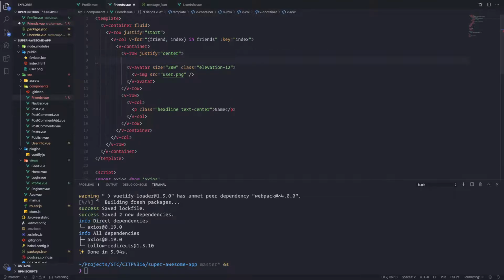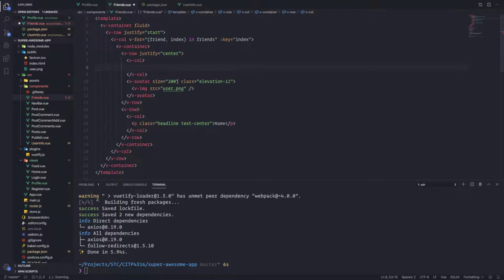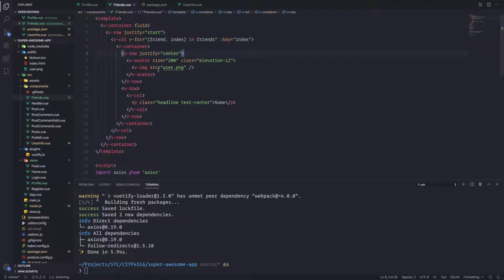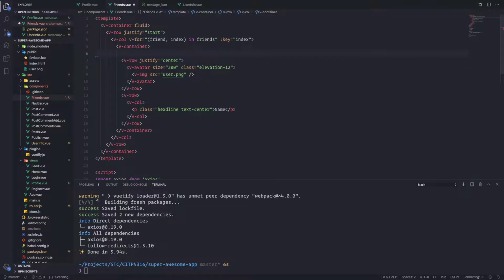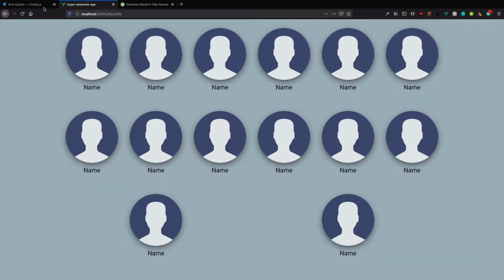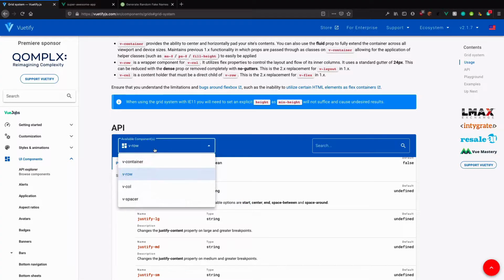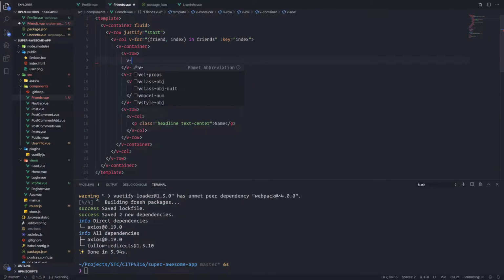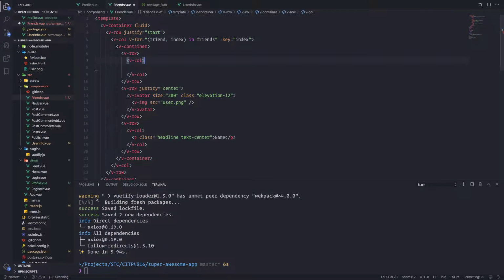So we can actually probably do a big column here. Let's put the avatar. So we have this row and this row, and I want to hide those rows. Let's do a row inception. Let's do another row. Actually, let me just see this. So container, row, column. So we have another row, we have another column, and this column is going to be